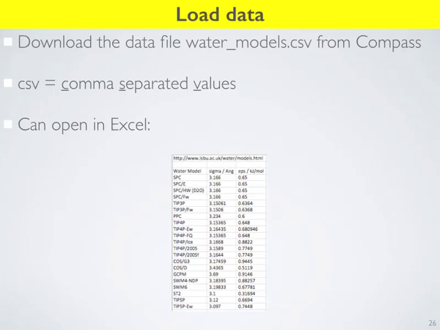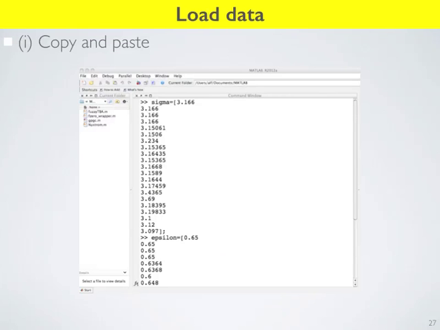Okay, great. So let's load the data. How do you get data into MATLAB? You can copy and paste it. If you open this in Notepad, you could write sigma equals in your MATLAB prompt, open your square brackets, and then feed MATLAB a bunch of values to make a vector. Instead of using the semicolon, we're just going to type return, which takes you to the next line in order to make this a column vector. You could type these values one by one or copy and paste them into MATLAB. When you're done, you can close the square brackets and hit enter.